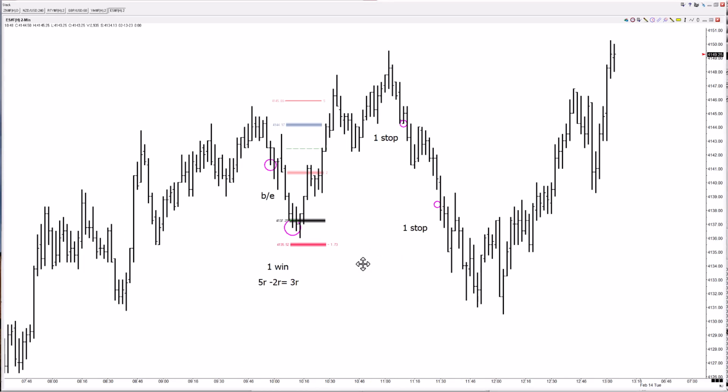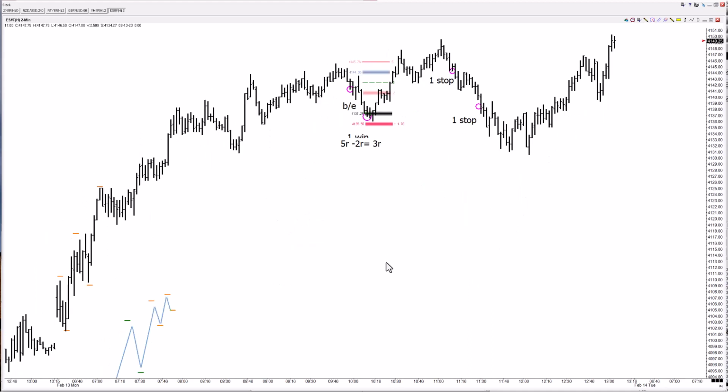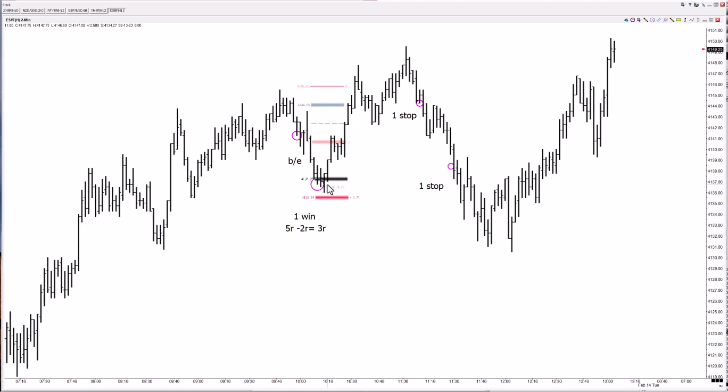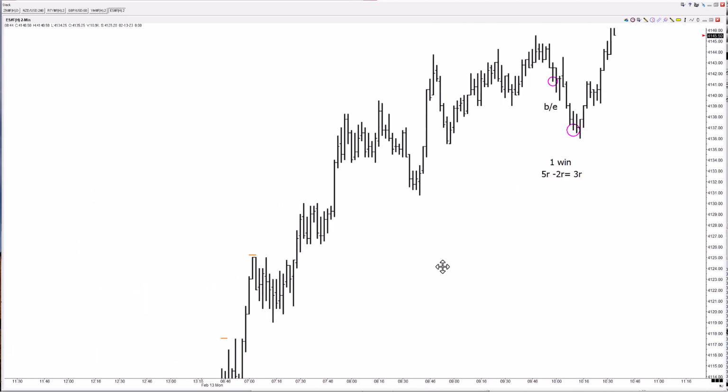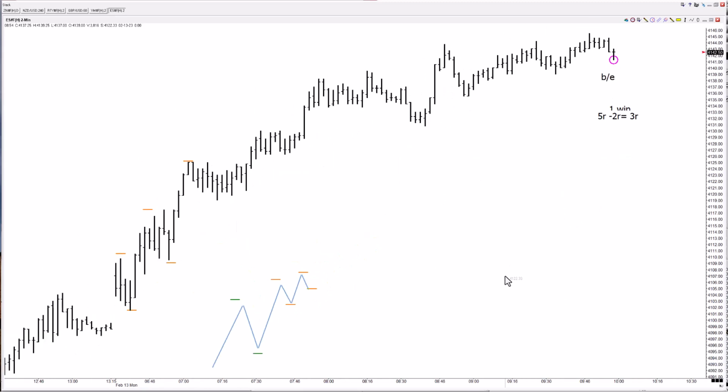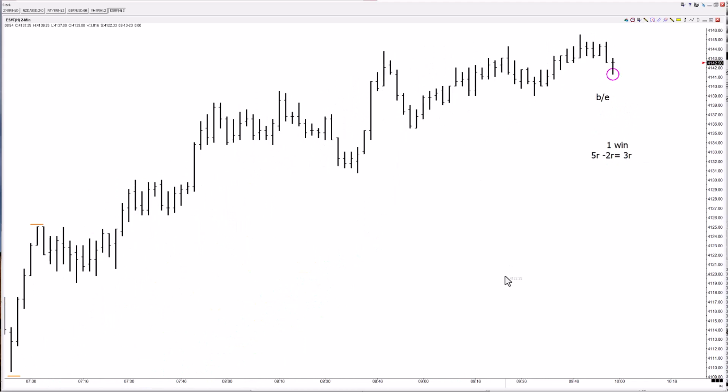Not a bad day. You know, if you have no plan at all, and you're just sort of winging it, you're liable to have lost a whole bunch of R's and kind of whitewashing things at the end of the day and wondering why you weren't patient. You got to know what you're being patient for. Now let's look at this in another light. So let's look at this trading, and this happens to me as well as everybody else.